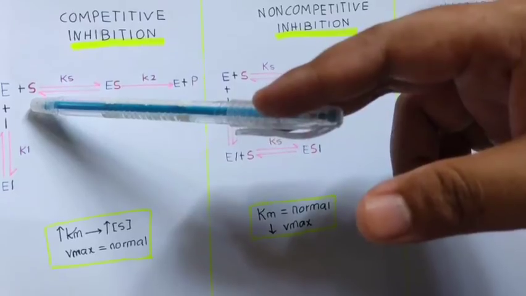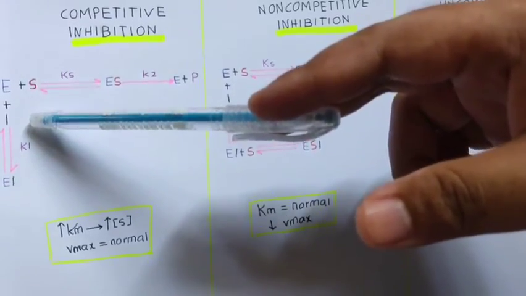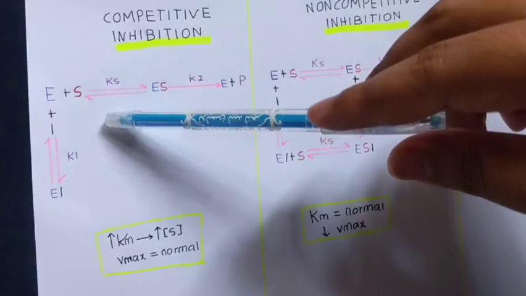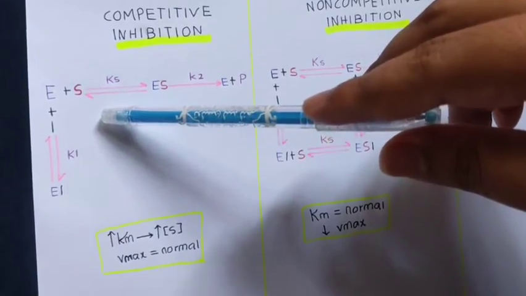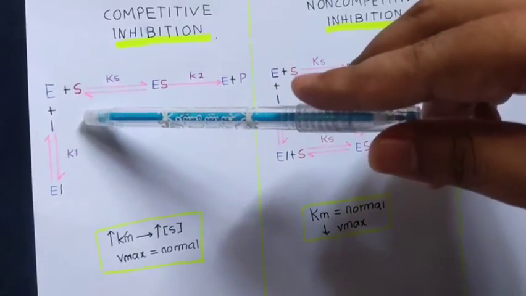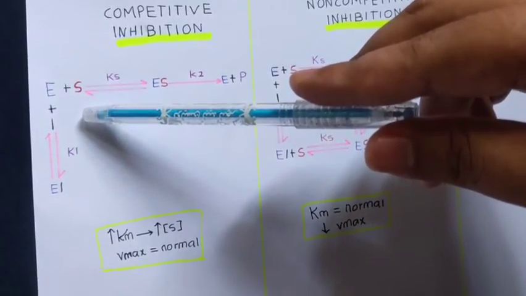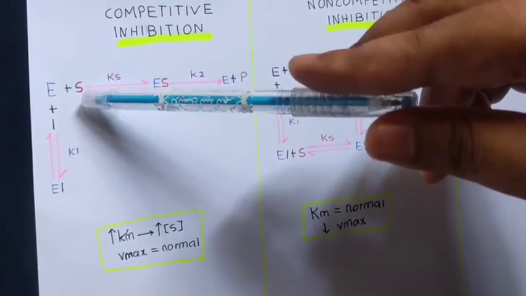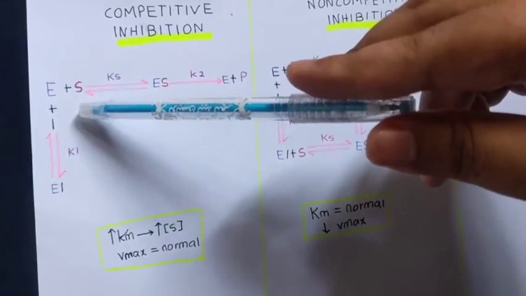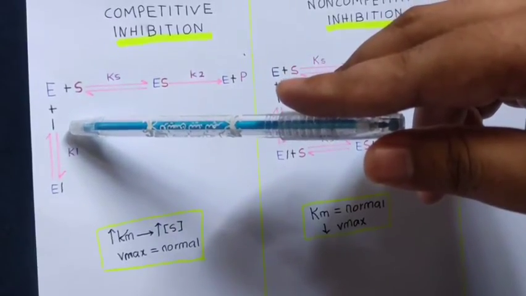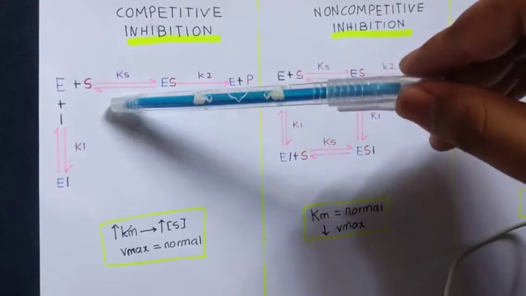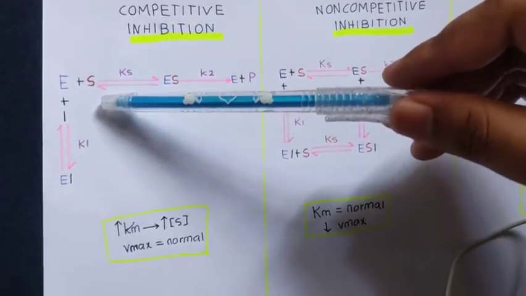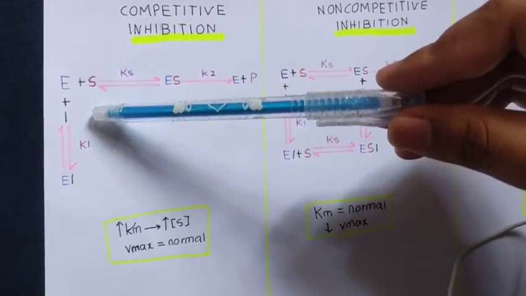When the enzyme wants to bind with the substrate, or the substrate wants to bind with the enzyme at the active site, there is also an inhibitor whose structure is normally the same as the substrate. Here, the inhibitor might have more affinity to react with the enzyme at the active site than the substrate. When that happens, the substrate cannot bind with the enzyme. So the enzyme's affinity to the substrate is decreased, and